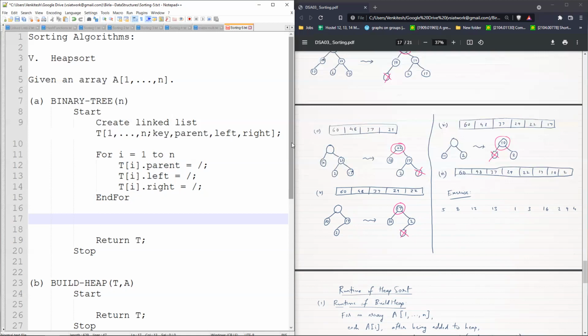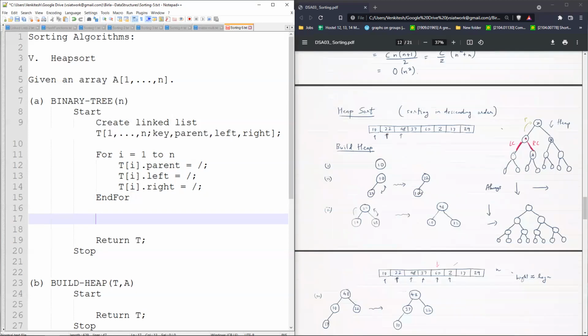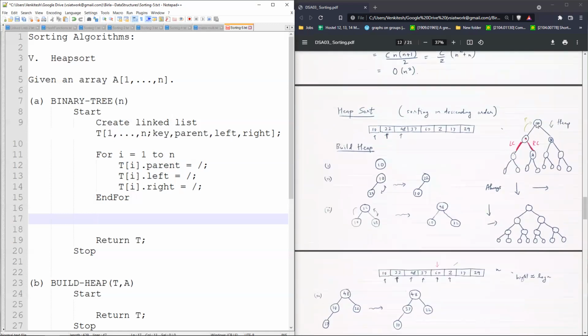Its children are 2 and 3, that is 2 times 1 and 2 times 1 plus 1. So the left child will always be 2i, and the right child will be 2i plus 1. That is something worth remembering.